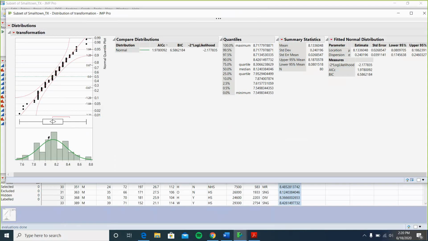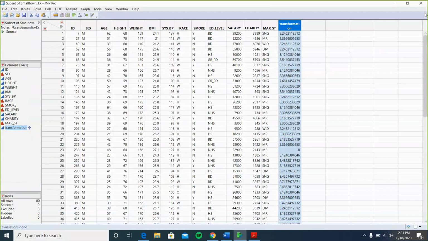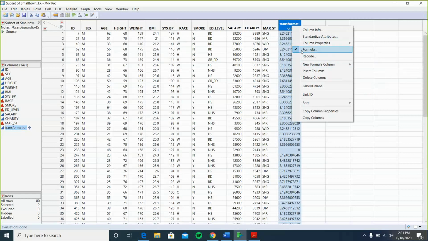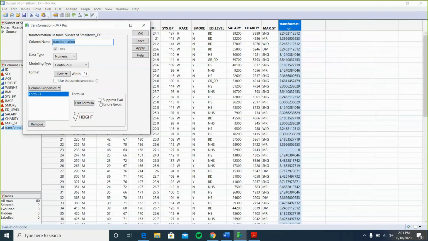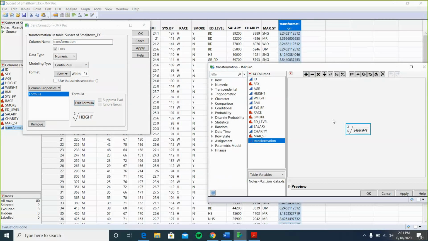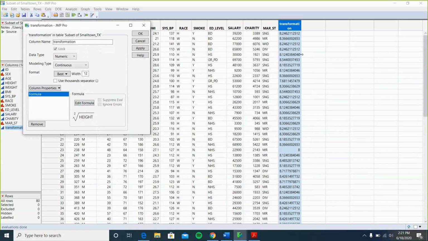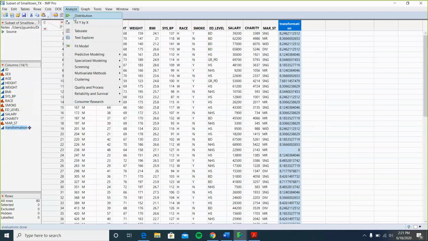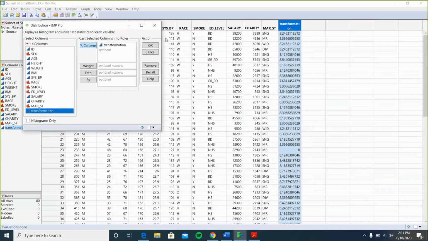this has not been distributed normally, but it has to be distributed normally. Let me see what mistakes we have done. Okay, column, edit formula, we applied a square root of height because it is not normally distributed. Apply OK. So if everything was correct, okay, everything was correct, and then go to analyze, distribution, Y column, click